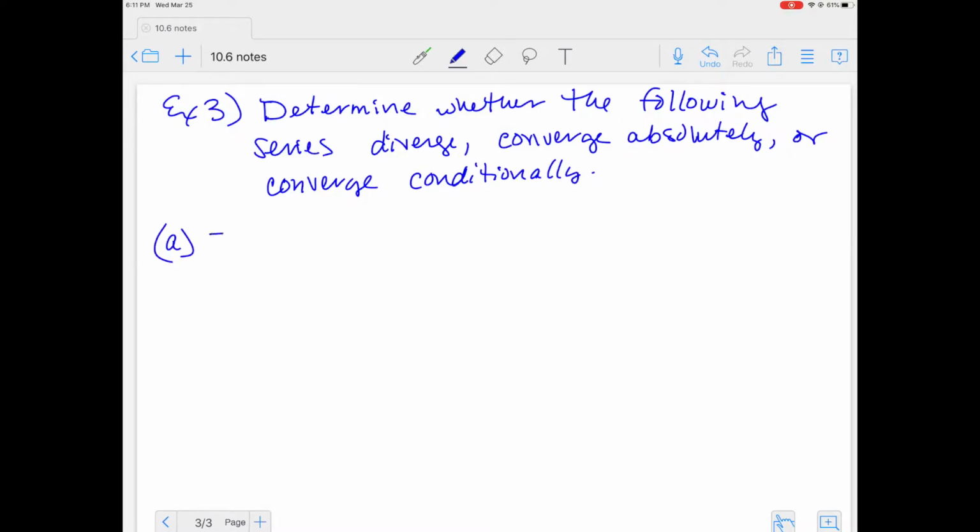We have the sum from k goes from 1 to infinity of negative 1 to the k plus 1 over the square root of k. So anytime you have an alternating series, the very first course of action is to take the absolute value of it, because if it converges, then that's absolute convergence. Well, let's try that out. So if we take the absolute value of this,